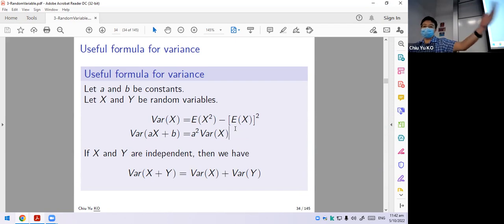That part doesn't affect the spread of data. You just move the data points around, right? Just like data points on a data line, you just shift everything to the side, so no worry about the variance. And do note that if you multiply by a constant, the variance will increase by